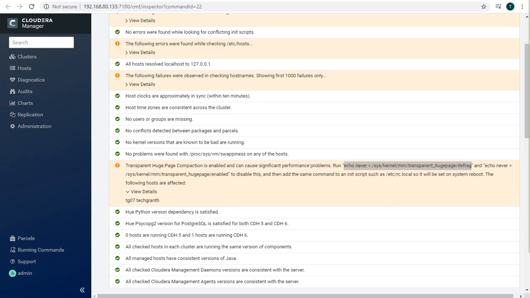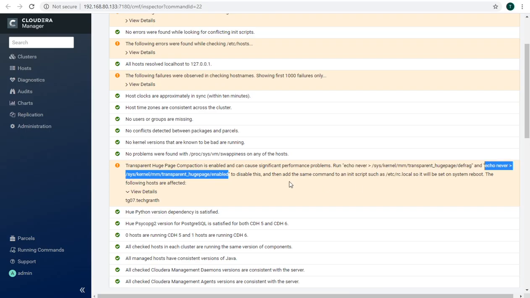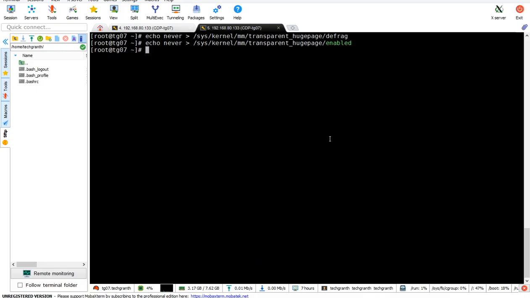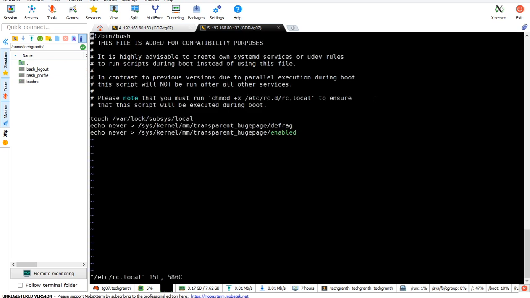And the other one, we can run this one also here. And we can add them to the script etc.rc.local as well. So let's add it here as well, vi, and from here we can add these.